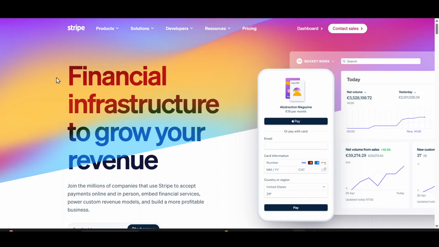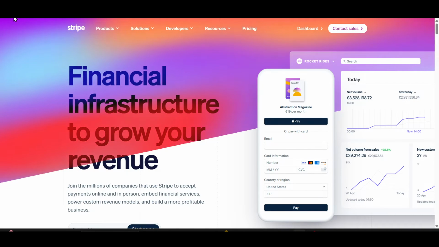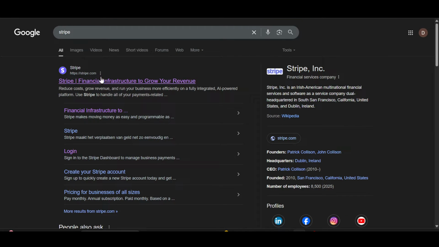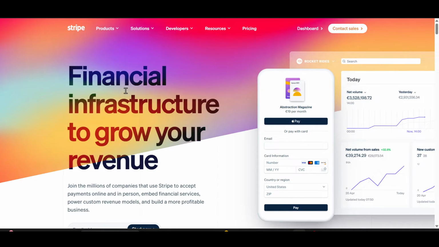So in this video, I'm going to show you how to set up account email notifications on Stripe. First off, head over to Google or any browser and then in the search bar, type in Stripe. After typing, you will see this first official website of Stripe. Simply give it a click and after clicking you will be redirected to the landing page of